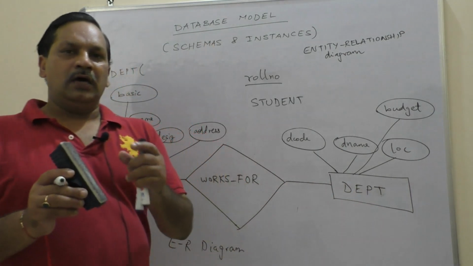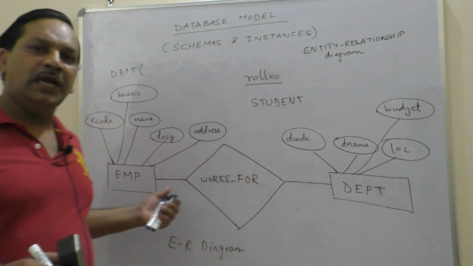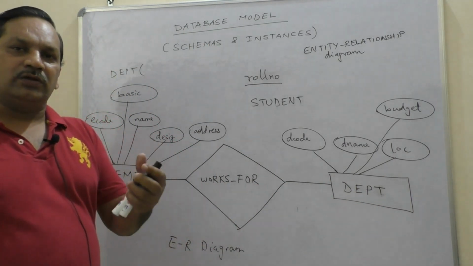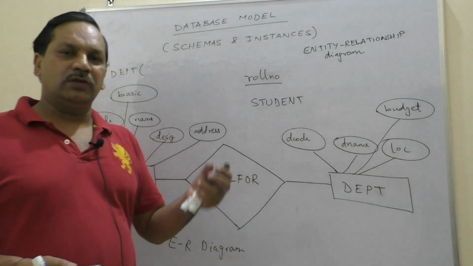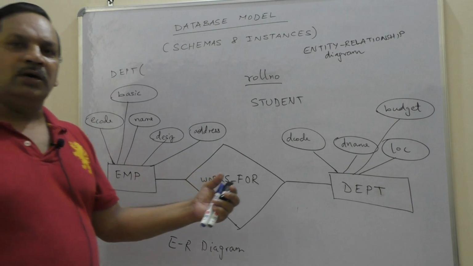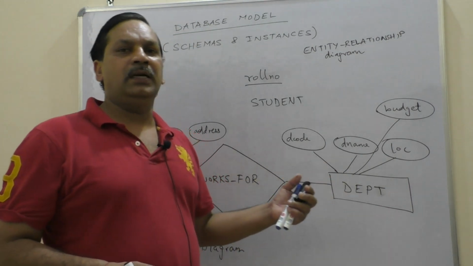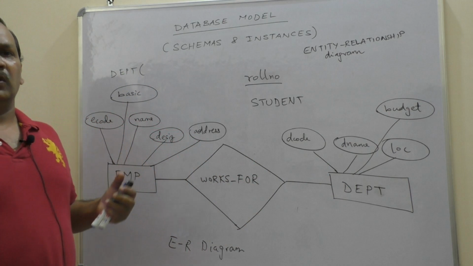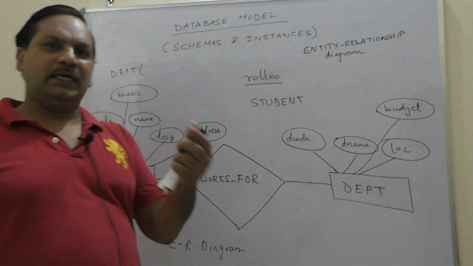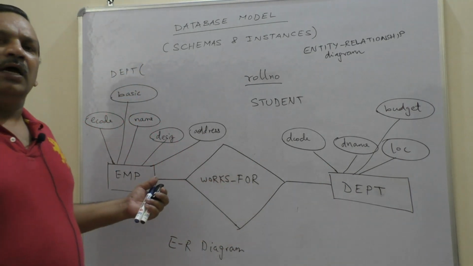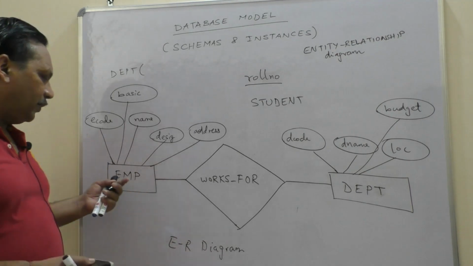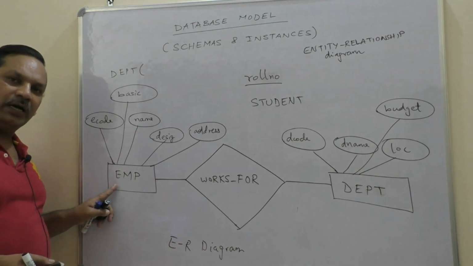So theoretically we call these relations or entities, and when you do a database lab, the same thing we call tables. Okay, so supposing you're creating employee, department, the professor tells you create table department, create table employee, and so on. Clear? So these are nothing but tables in SQL context or in practical context, and theoretically we call them entity sets or relations. I repeat, so employee is a relation or table or entity.